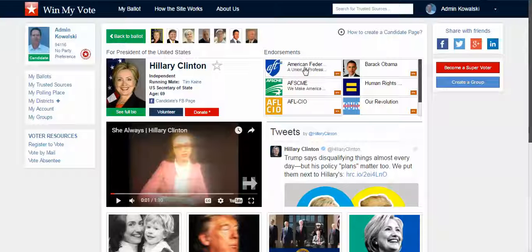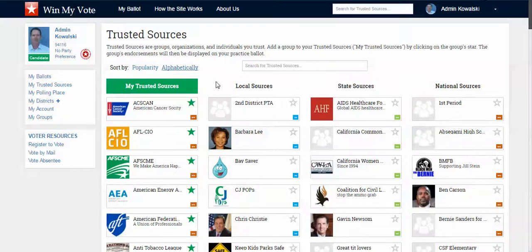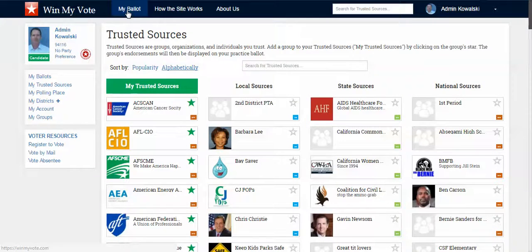And so, for example, the American Federation of Teachers, let's say if I'm a teacher and I follow them and I trust them, I would include them in my trusted sources. So I'll back up just half a step here. These are trusted sources, and it's a sort of a library of groups and organizations and individuals that the voter trusts. So they select the stars here and they add them to their ballot, and then when they're looking at their ballot,